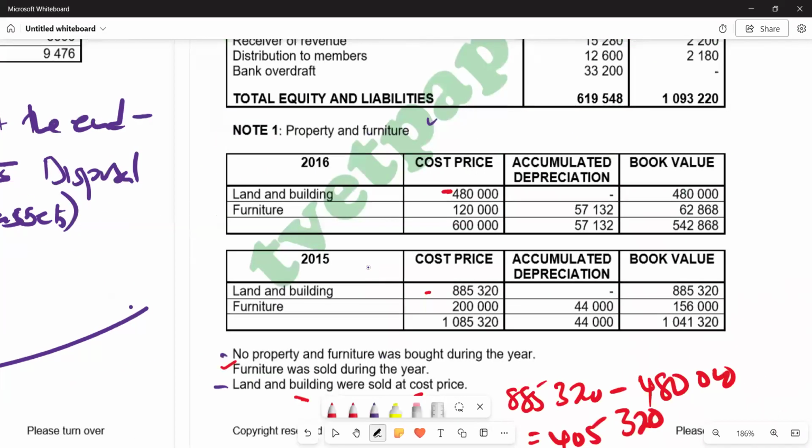So we're going to use the values for the total for the assets that we have, so that we can get the total disposal carrying value. So our opening carrying value for all the assets is going to be 1,041,320. And then carrying value at the end is going to be this one, which is 542,868. And then we are going to add our depreciation for the year,